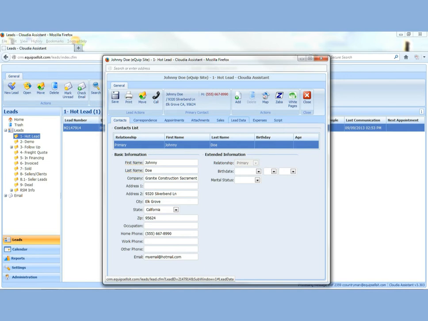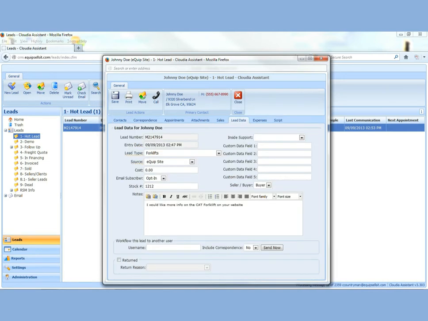In order to send it, you would go over to Lead Data, left click on the Lead Data tab, and towards the bottom you'll see where it says workflow this lead to another user and the username. All personnel in Equip, their username is their first initial and their whole last name. So you would simply put J, if you were sending this to Jim Pummel, J Pummel, double M, double L,